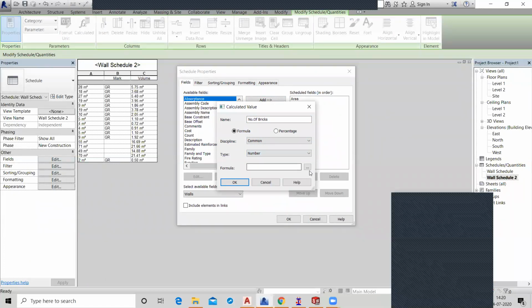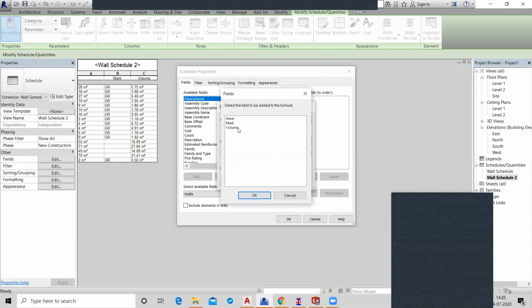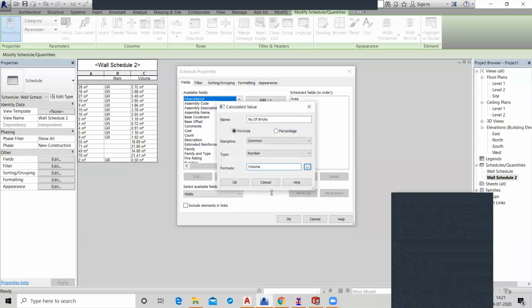And what is the formula? You just click here and choose volume and divide it by the volume of your brick in cubic meters. I think it is 0.9 times 0.9 square times 0.29.